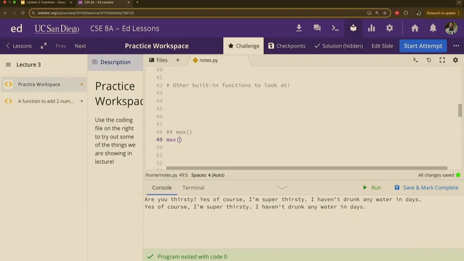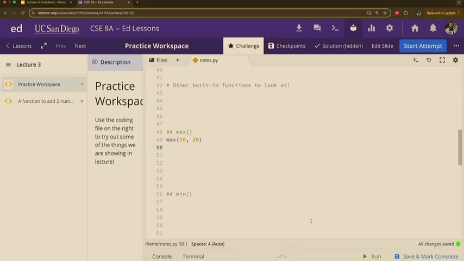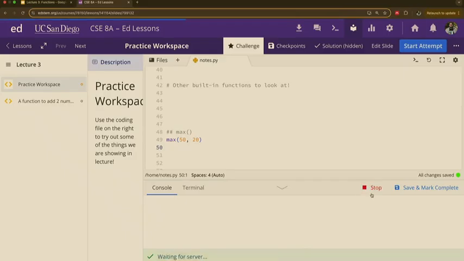Actually, let's shout out some numbers. Someone say a number, any number whatsoever. 50. Another number. 20. So when we run this, what's going to happen? Well, let's try it out. Seems like nothing happened.